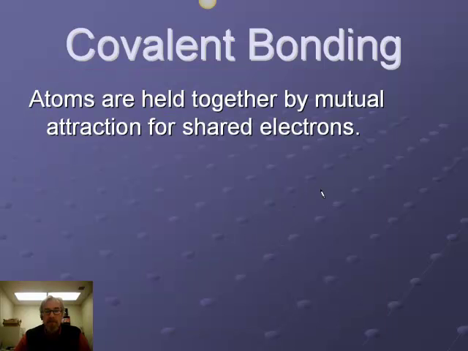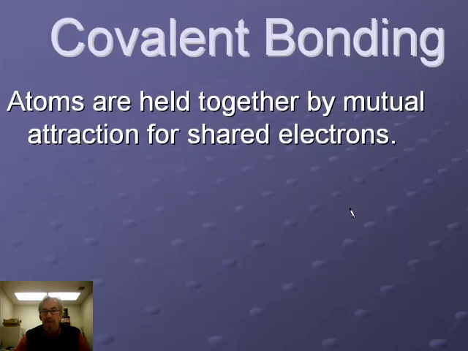Today we're going to talk about covalent bonding, which is a type of bonding that functions in a different way than ionic bonding and works for substances where ionic bonding doesn't make any sense. In covalent bonding, what holds the atoms together is not an attraction that they have for each other, like in